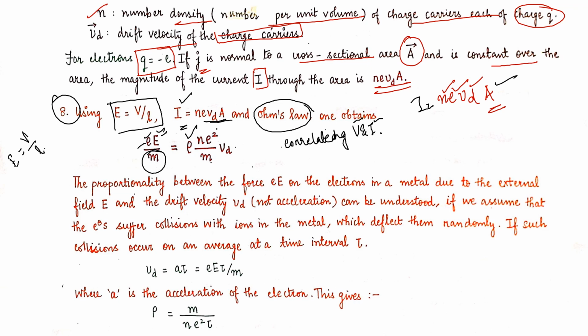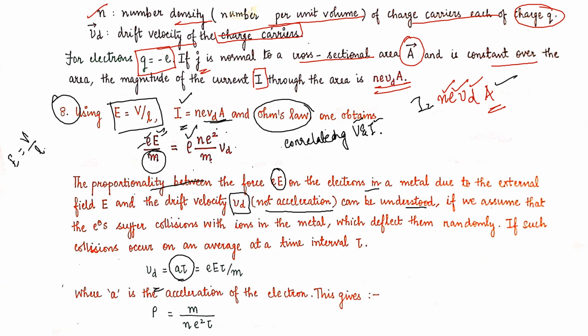And upon solving, we will find Vd equals a tau, which will be equal to eE tau upon m. Here a is equal to eE upon m. From here we can find the value of a. The proportionality between the force eE on the electrons in a metal due to external field E and drift velocity Vd,